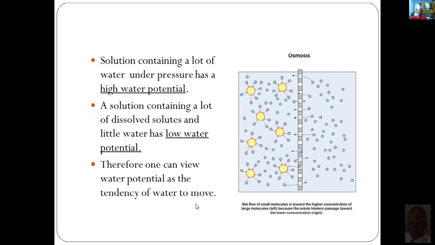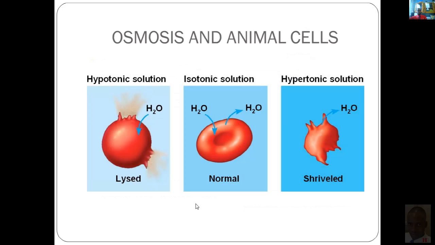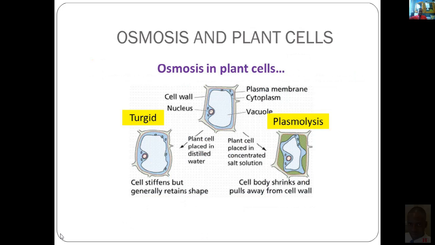And a low water potential means that you have more solute than water molecules in a space or a solution. Alright? And water potential describes the tendency of the water to move. There is a lot more that can be said as it relates to water potential and pressure potential and so forth. What I can do is to add this term in here